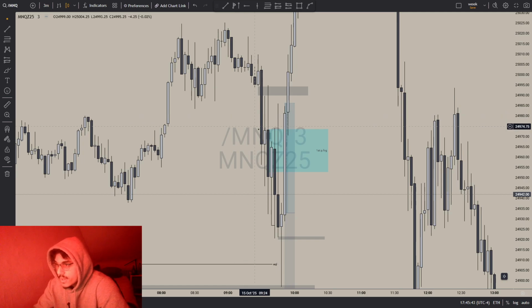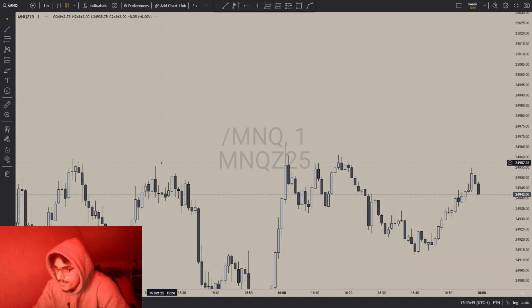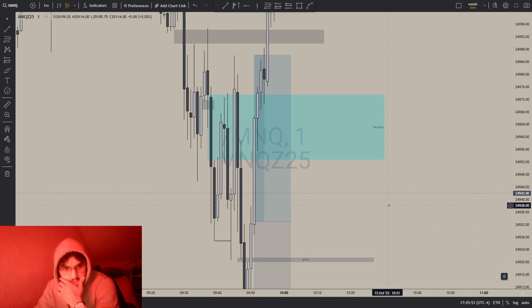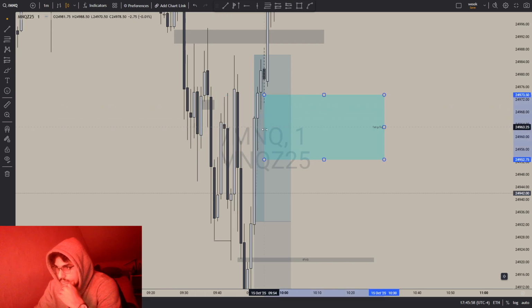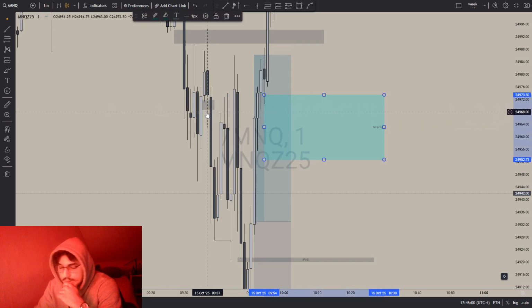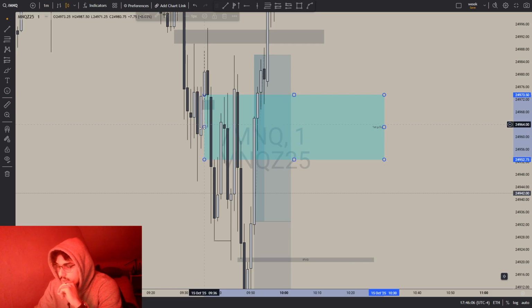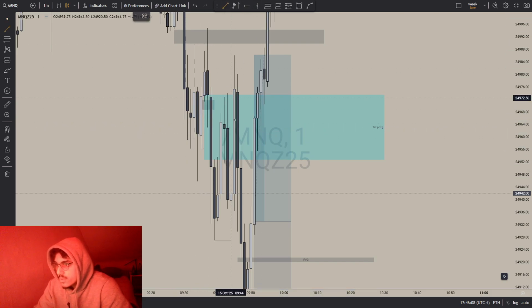This fair value gap is the one that I was basing on, so I can find an entry. When I saw S&P trade into a 5-minute fair value gap, I dropped to the 1-minute. I was first at the 30-second and 15-second. In the 15-second, this is the fair value gap I'm talking about. Price didn't retrace to it, so I didn't get a clear entry. So I had to wait for a change in state of delivery, which occurred right here.